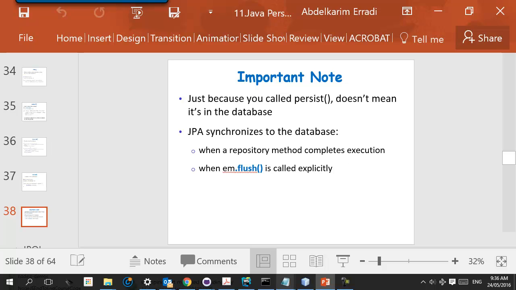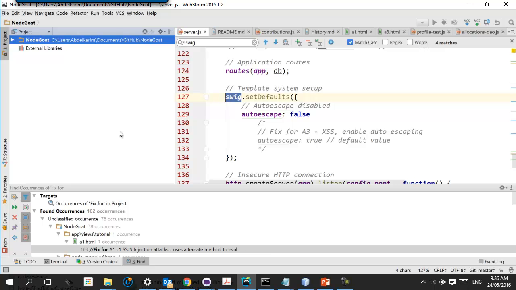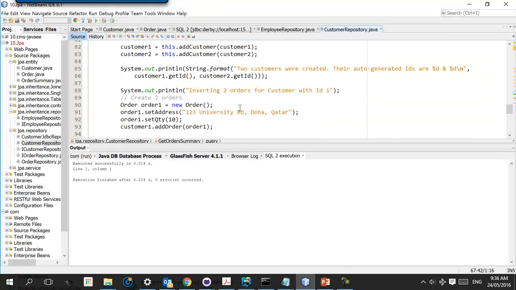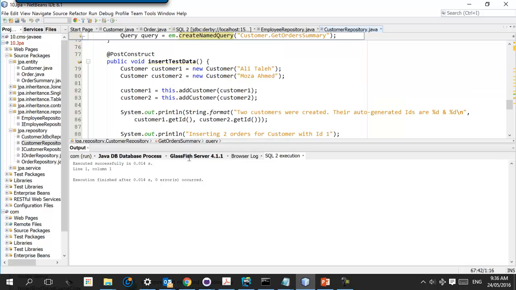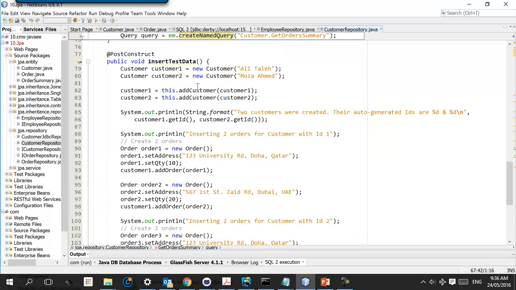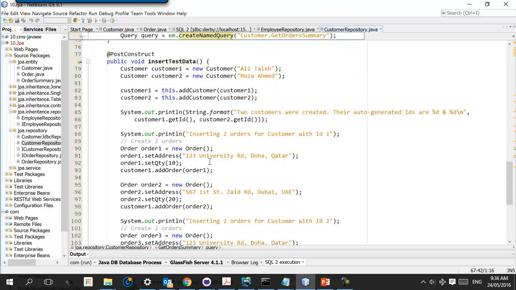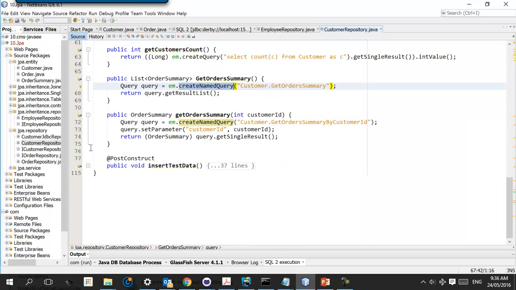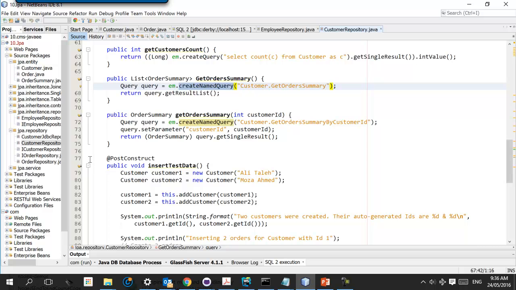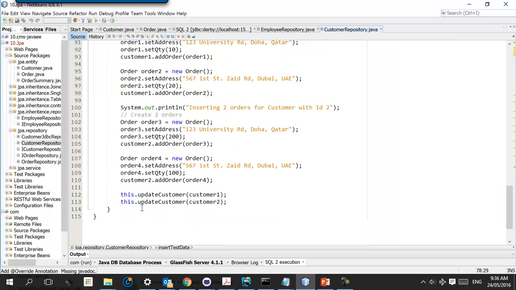What I want to say is, look at this. Let's say in here, you see I'm doing many things. I'm adding a customer, adding an order, doing many things. All these things will not be done immediately in the database. You see this insert data, insert test data. The changes will not be reflected immediately in the database. When will they be reflected and pushed to the database? When the whole method finishes execution. Or if I want to push them immediately, I call